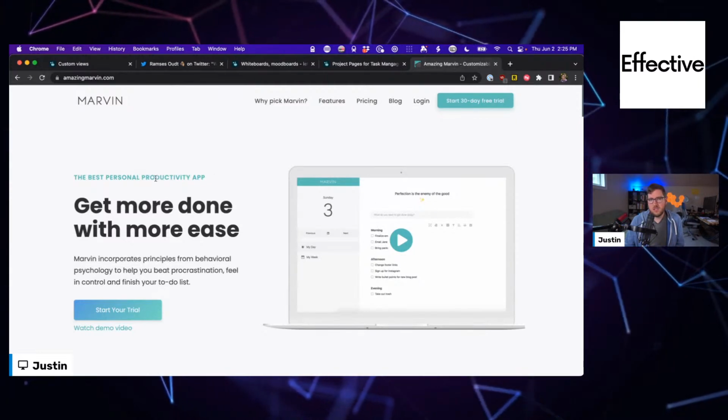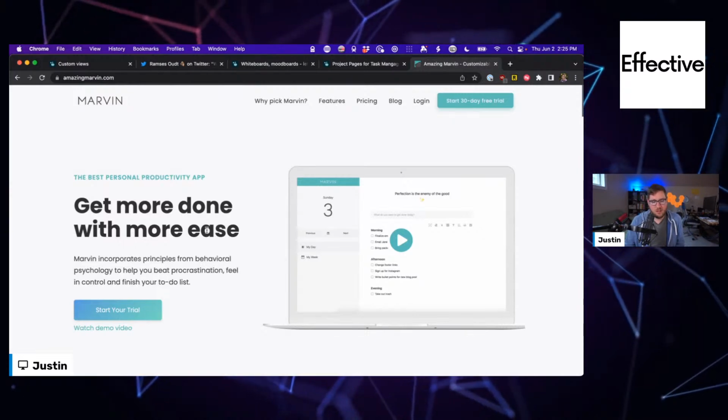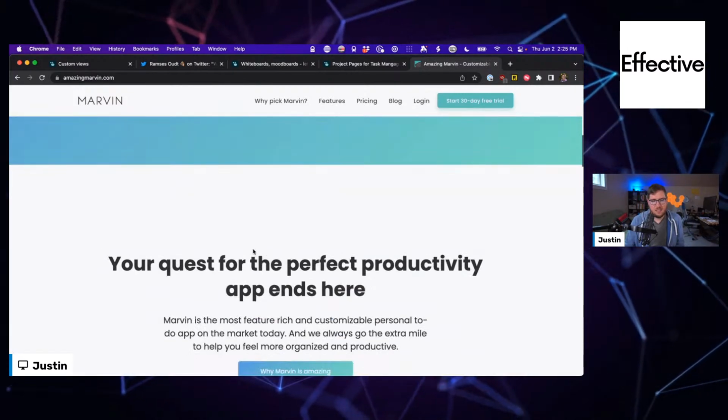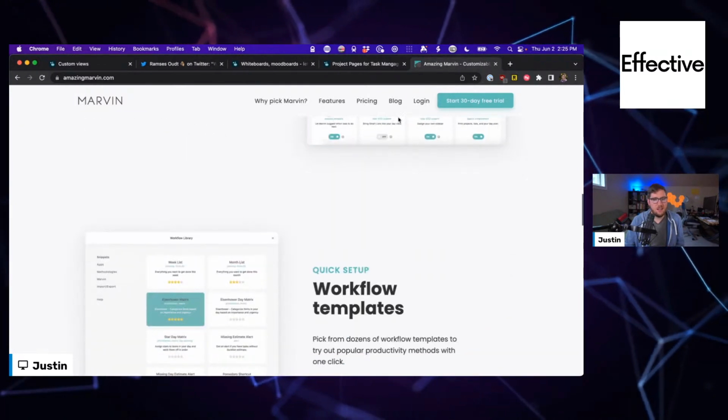I thought there was a lot of potential in it when I was doing some research, but when I got in to actually use it, the user experience was just unfortunately not there.